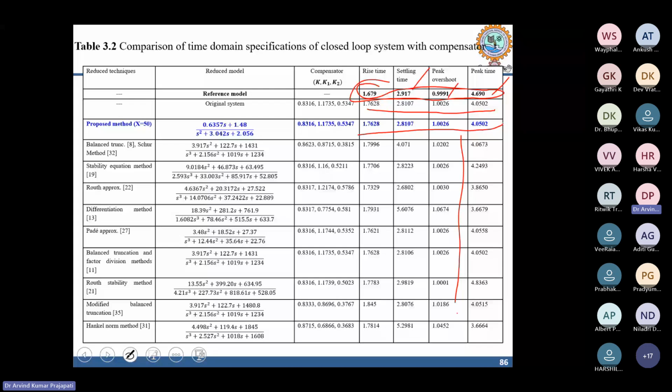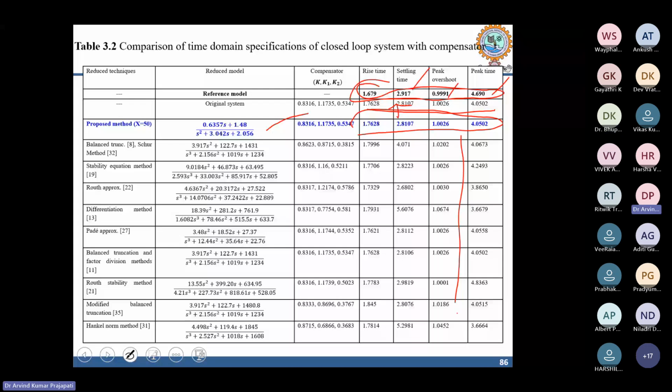So if you get similar values as you get by designing a controller for the original system, then instead of designing the controller for the original system, we can design it using a simple system so that you can calculate with less error, less time, and less computation.